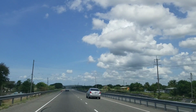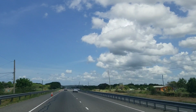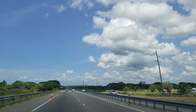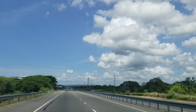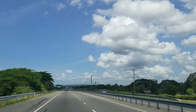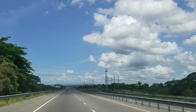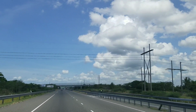Okay, today we're going to discuss the new toll rates that are going to be charged on the PJ Patterson Highway. That's the east-west leg of Highway 2000. Now, it was announced that the new toll rates will take effect on July 9th. Okay, we're going to look at what the new toll rates are going to be, and then we're going to